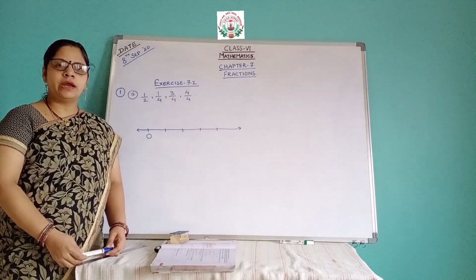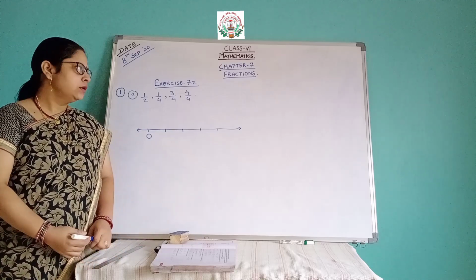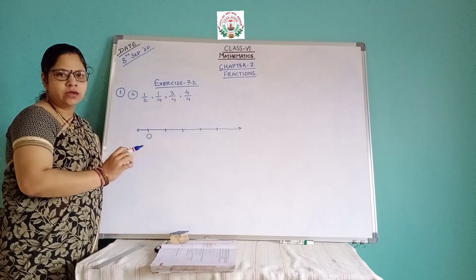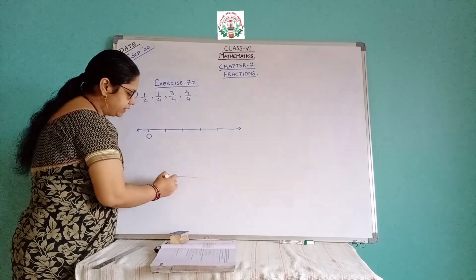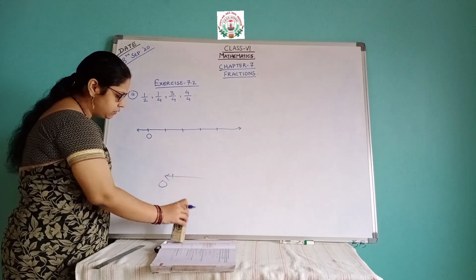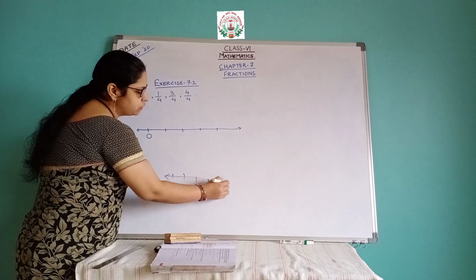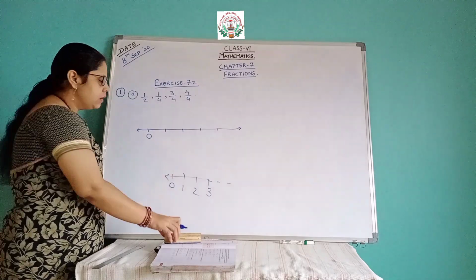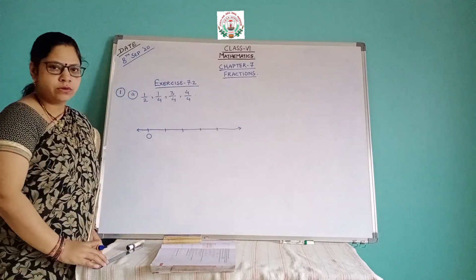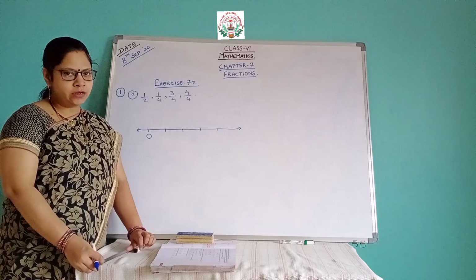Now, how to locate the points? That is the main question here. On the number line you have to locate these points, so for that you have to understand where these numbers will come. Everyone knows the number line: on this side are the negative integers, and starting from 0 on the positive side, then comes 1, 2, 3 and so on. Here the points are given in the form of fractions. How will you locate them, and between which two numbers will these fractions come? That is the main question.